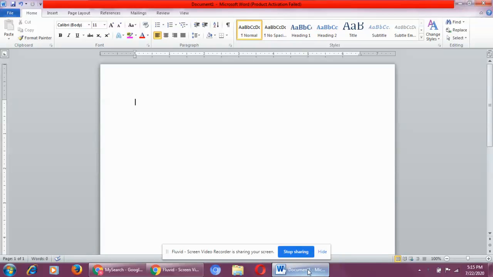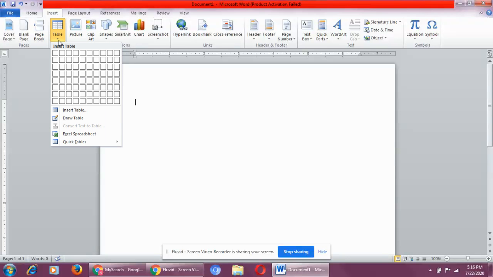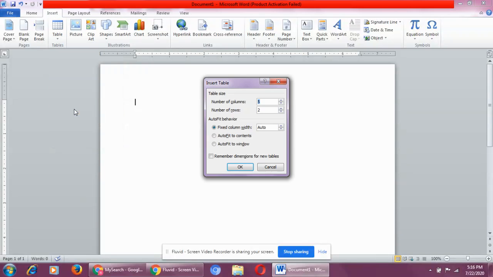The first bullet says, draw a table with 7 columns and 9 rows in it by selecting the insert table option. As you can see on your screen, Microsoft Word is already open. So I will put my mouse pointer on the Insert tab. I'll go to the Tables group. In the Tables group, I'll go to the Table button. A drop down arrow is there. Click on the drop down arrow and now click on Insert Table option.